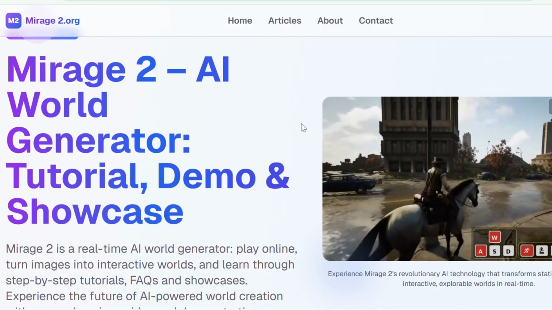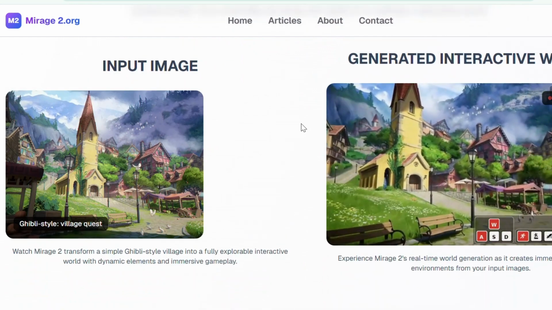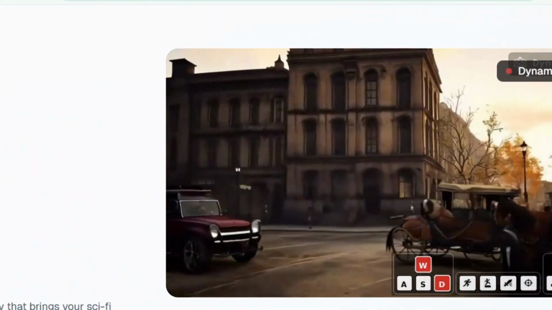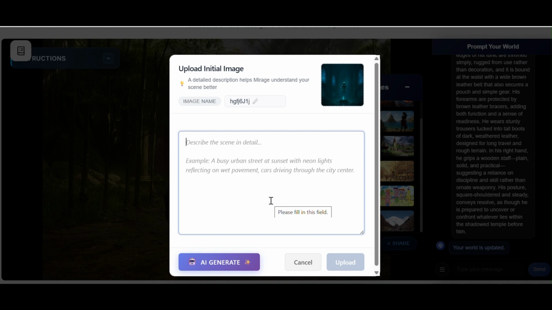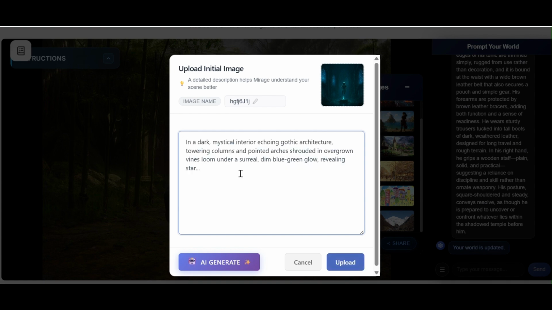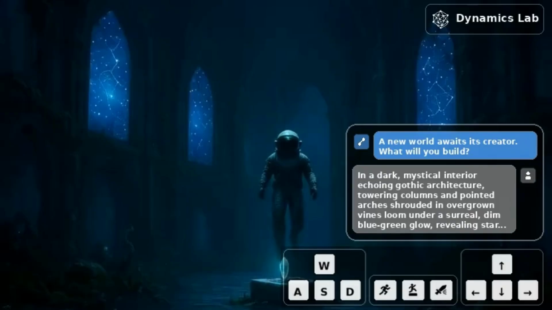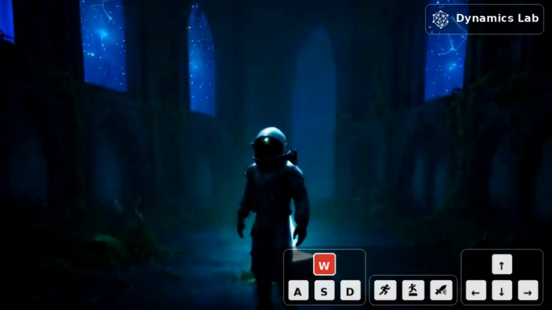Okay, so this is Mirage 2. They claim you give it any image and it generates an entire 3D world you can play in. Their demos look wild, but let's straight jump into testing it ourselves. So for the test, I'm uploading this space night, exploring in some space cathedral. You can write your own description or let the AI describe it itself based off the image. We hit upload, it takes about 5 minutes. The vibe looks close to what I described and also aligns with the image. Dark, moody, gothic space ruin.